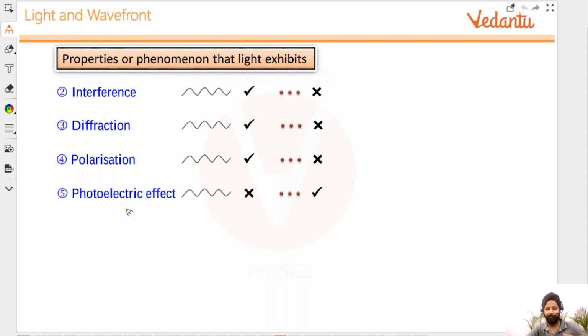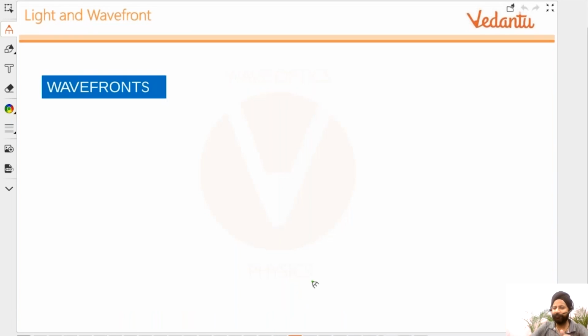On the other hand, photoelectric effect and Compton effect also, let me write it here. Compton effect is not in your curriculum actually, but I'll introduce it. It's like a 2-minute thingy. So again, wave nature fails and particle nature passes there. So these are the two phenomena that could not be explained using wave nature. And this is where Einstein jumped in. Okay. Any doubts, you don't have to wait for me to ask, you can ask me anytime.